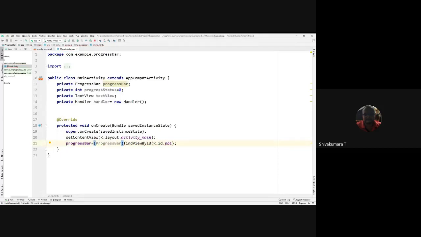Progress bar equal to your identity. You are binding that GUI component with the help of resource.id.pb1.